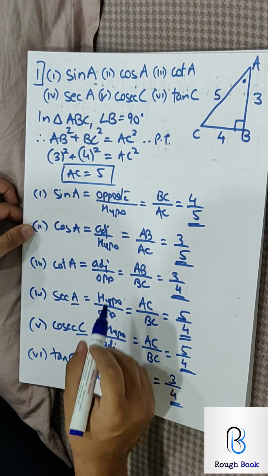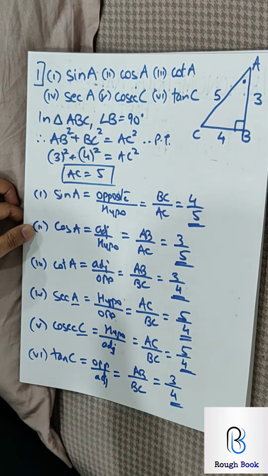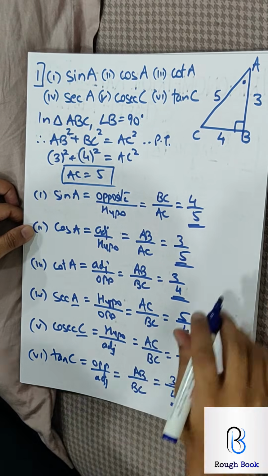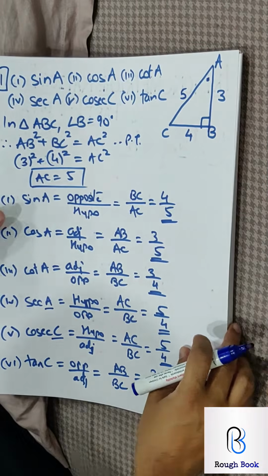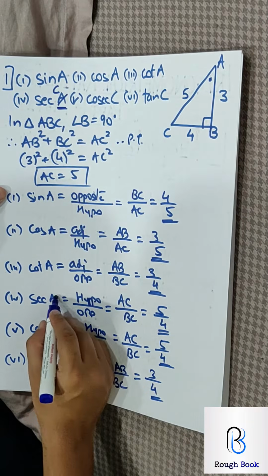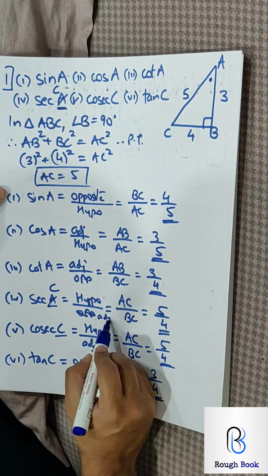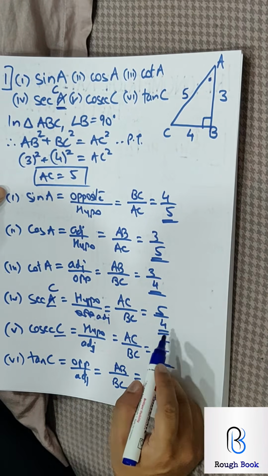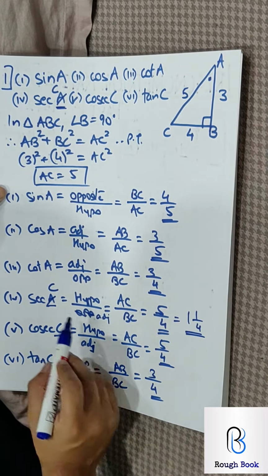First I wrote over here opposite for A, and opposite I took it as BC. Look at the lovely mistakes that I have done. Number 1, I copied this wrong. This should have been C, correct? Then number 2, I did this wrong. This should have been adjacent. And then for C, adjacent is BC. So my answer remains same. If you want, you can write it in mixed fraction also. So that's the first mistake I have done.